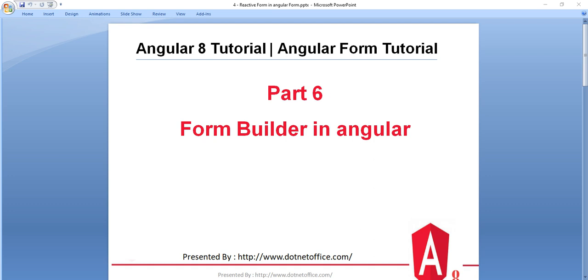In this tutorial, we will learn form builder in Angular and how we use these form builder in Angular. So in the previous tutorial, we have learned about the form control and the form group in Angular. When we create our form using the form control and the form group, we have to initialize all the controls. And if we use the same control with the form builder, then there is no need to initialize all the controls. That's the main benefit of using form builder in Angular 8. Basically, form builder is the alternative way of the form control and form group in Angular 8.